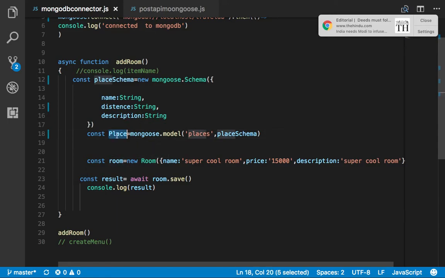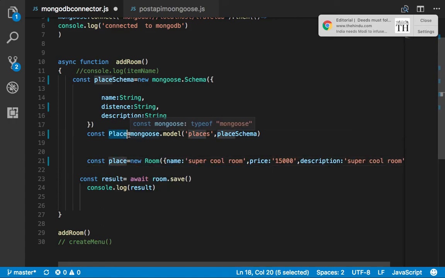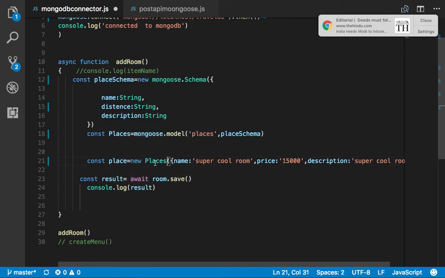Now this is a class. So I need to create an object of this class. So what is the way to create an object of the class? Normally with the help of the new keyword. So place of places, you can say also places, you can define places. Copy this model class name and create the model class object, and here place name, if we say Manali,